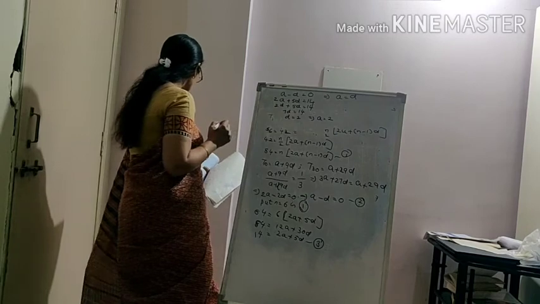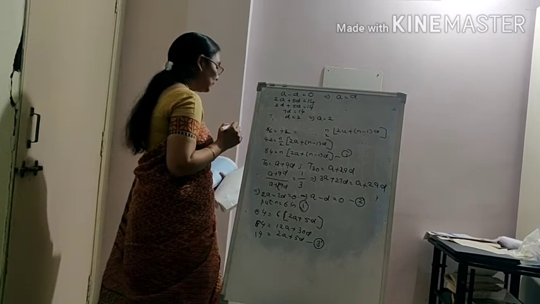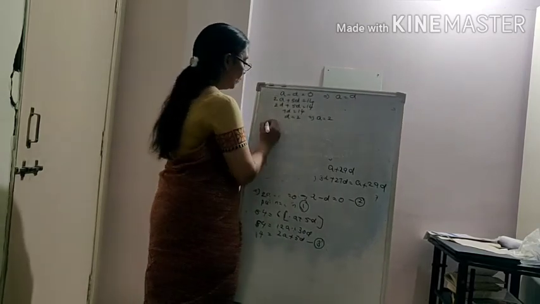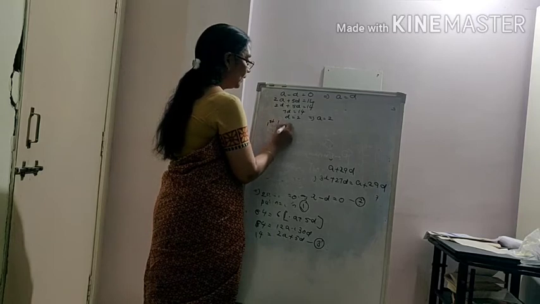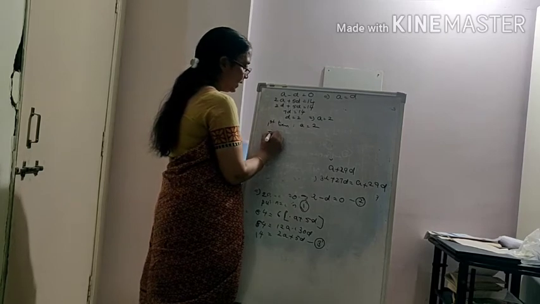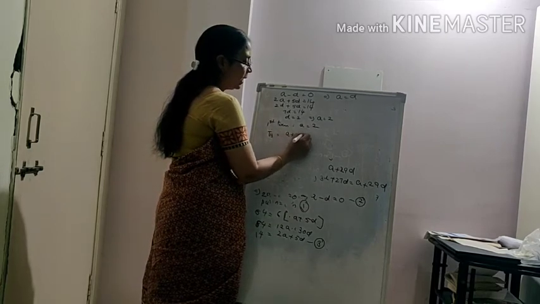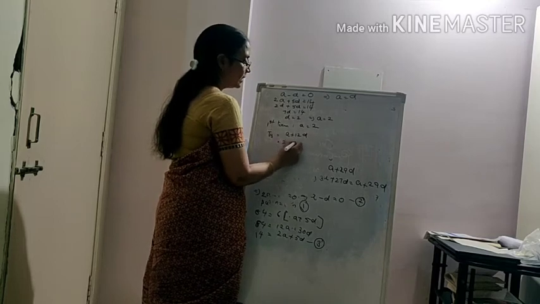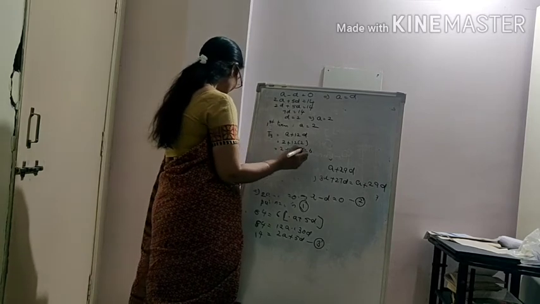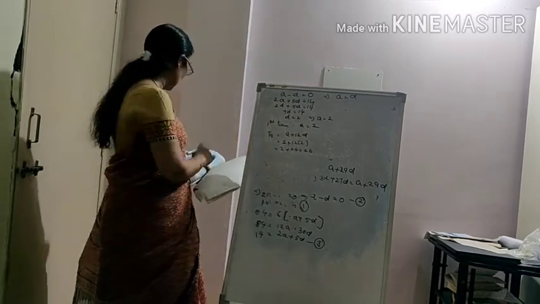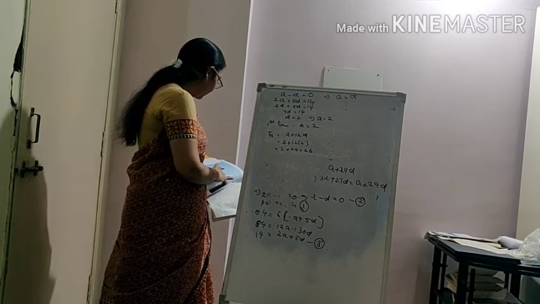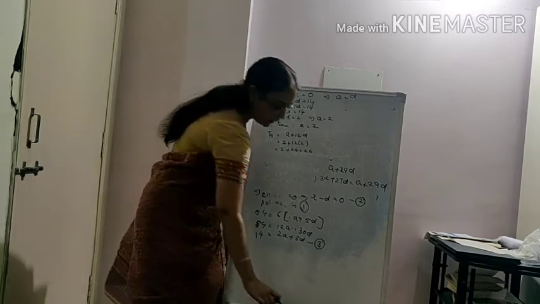So he is asking us to find out the first term. The first term is a. So first term a is equal to 2, and then the 13th term T13 is a plus 12d. 2 plus 12 into 2, 2 plus 24, 26. So the 13th term is 26. Then question number 9.